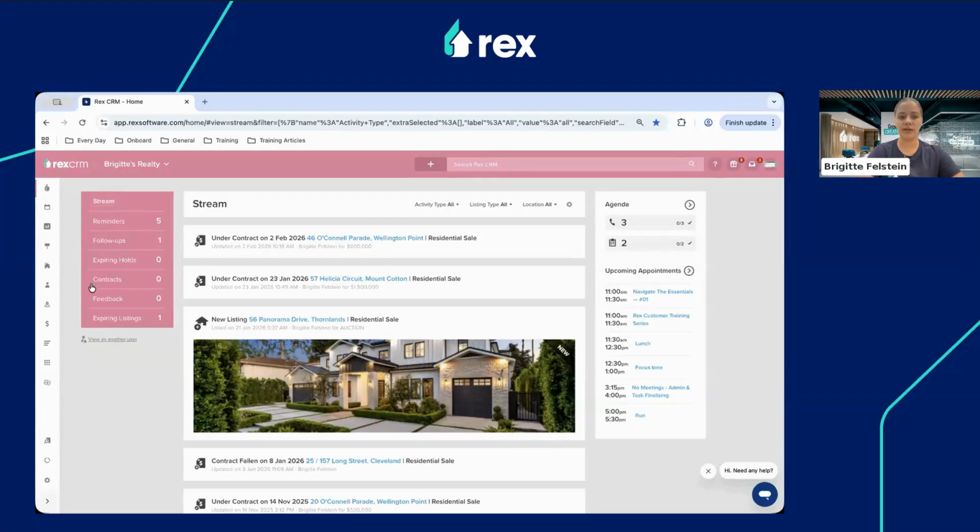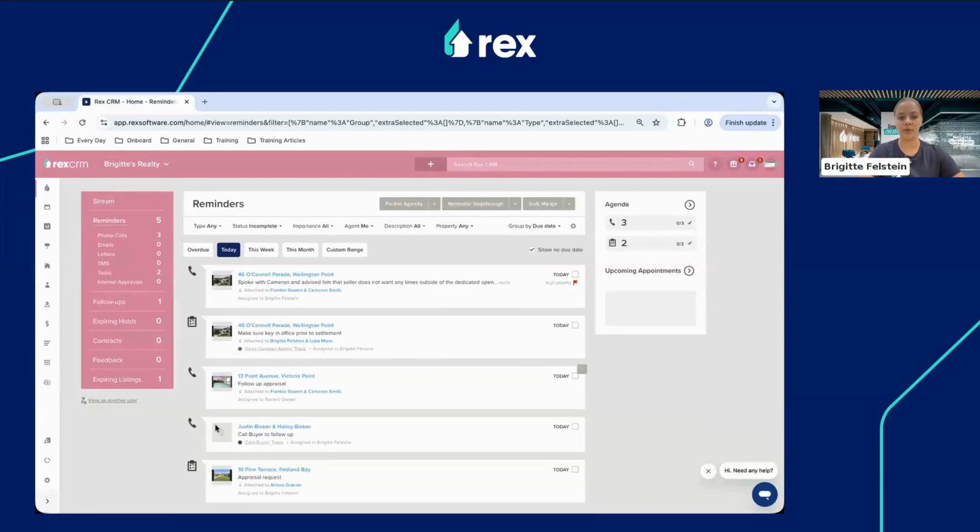To step you through your stream though, if you do click on your reminders, it will open up all of your reminders that are due for the day for you. It will also have that outline of all those different tasks that you need to complete based on what type of task it is. So as we can see, I've got 3 phone calls to make today along with 2